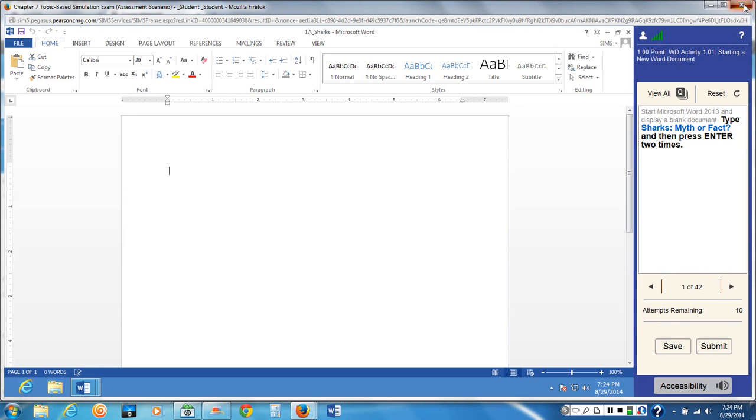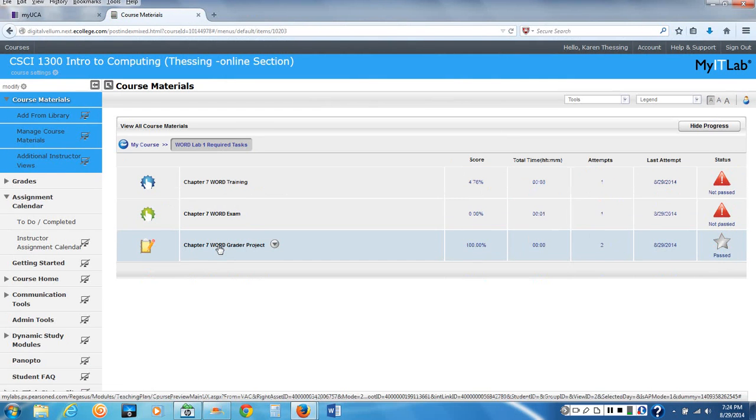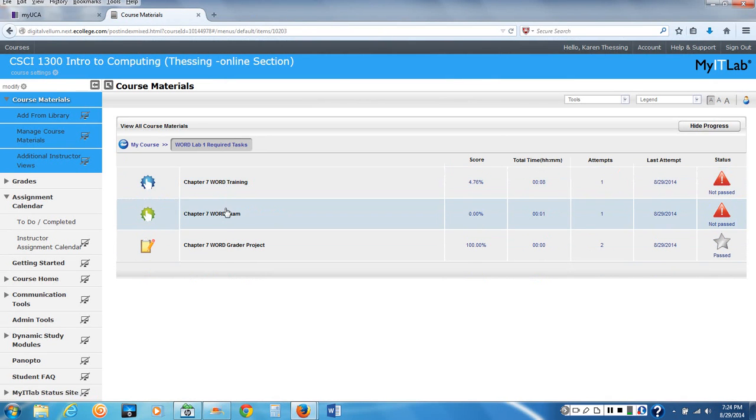Okay, and I'm going to do a separate video on how to do this grader project because it's a little bit more difficult. So that's how you do the training in the exam labs